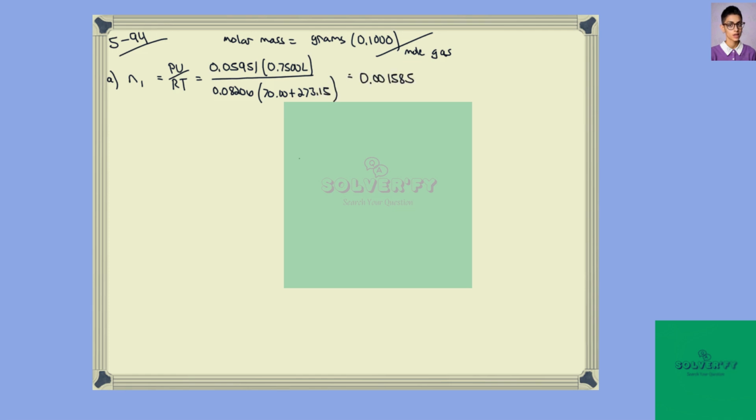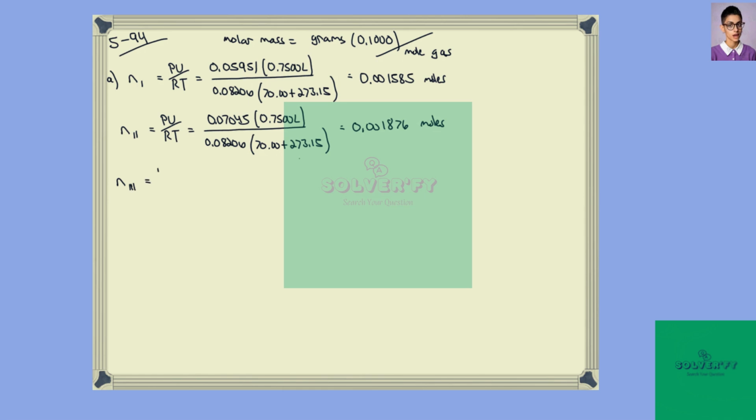For the first liquid turned into a gas, we get a mole value of 0.001585. So to calculate the moles for the second one, the only difference will be the pressure. The equation is going to be exactly the same. We're just going to change the pressure. So we use the pressure provided for the second boron hydride. And we get